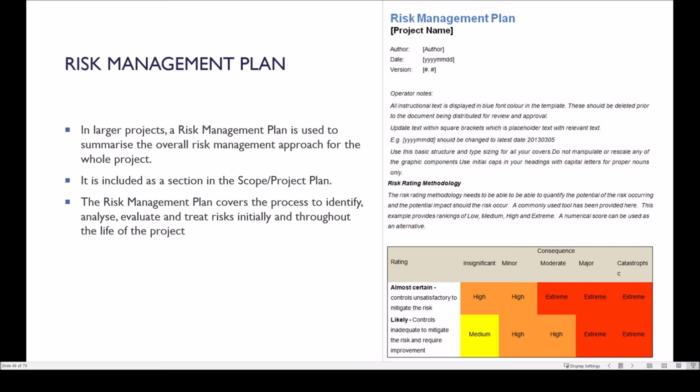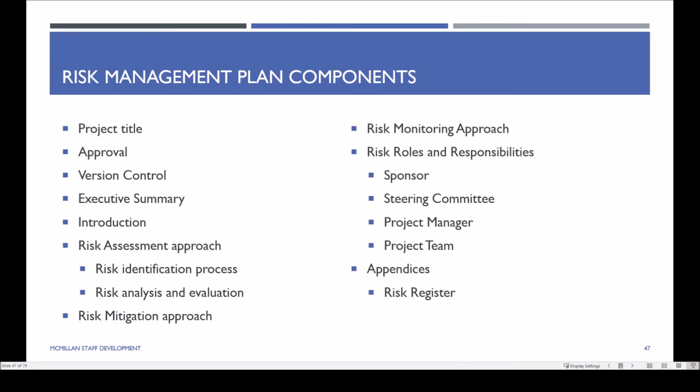For a small project, you really just want to have a document that identifies the risk register component and the response, the treatment component. And it would be an organic document that gets reviewed. For your larger projects, you'll have those documents separated. And then you may also have an overarching risk management plan, which puts it into the context of the project. And the type of components you would find within your risk management plan are things like